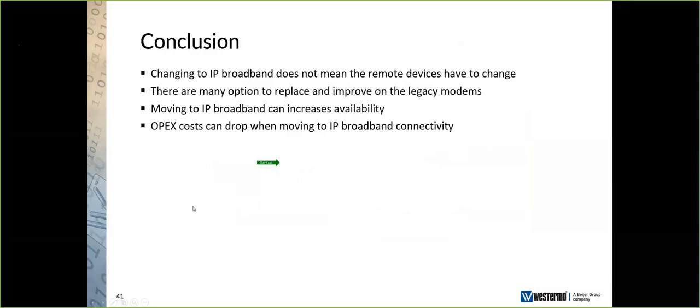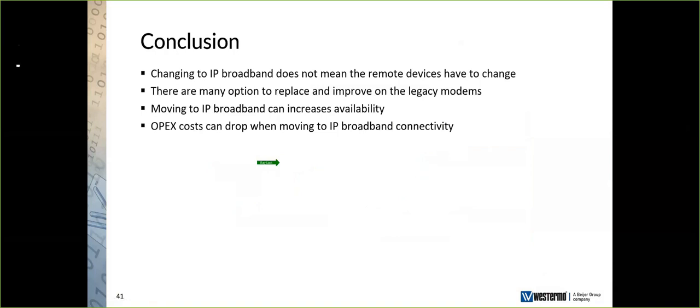Okay, really we're looking at the conclusions now, because I've now kept you for quite a long period of time. Hopefully you found it interesting, but if we look at the conclusions, changing to IP broadband does not mean that the remote devices have to change. We can use the existing RS-232 based devices. They can quite happily migrate over, and in many cases they're not even aware of the change. We don't have to make any changes whatsoever to the configuration or the way they work, which saves time, money, energy, all the plus points of actually migrating over to